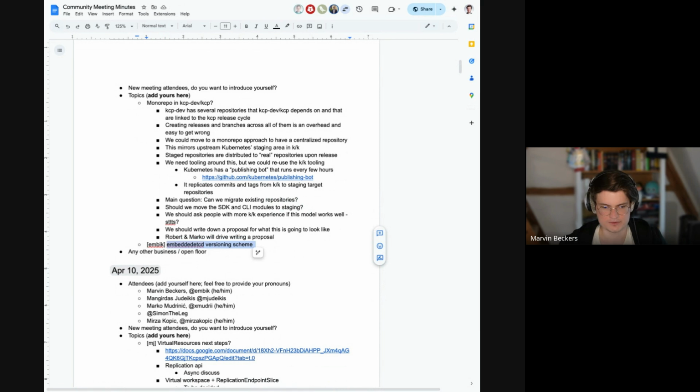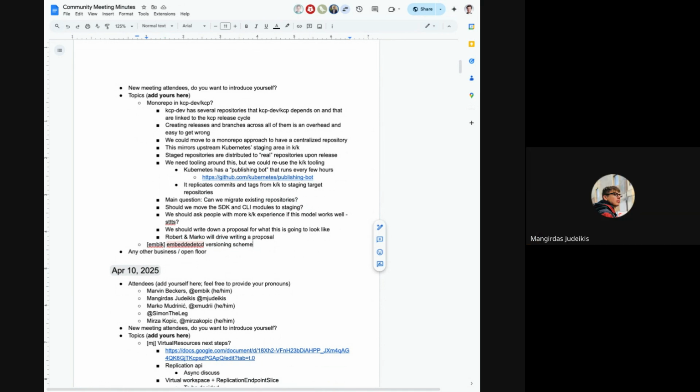I think the purpose of this library is to be fairly generic, so it's not something that would be versioned with the KCP releases. So this would maybe be one of the repositories that don't fall under staging in the future. Is that the correct assumption? Does anyone here know? Can you hear me?